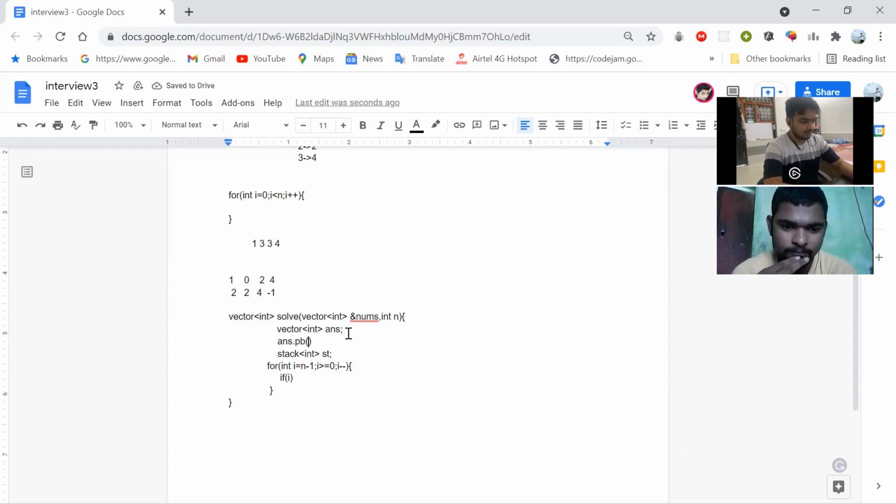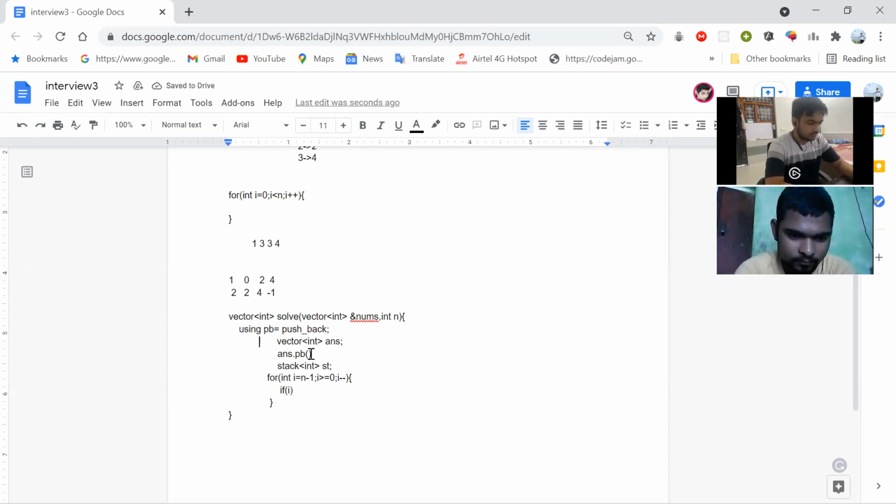I'm using pb here. There's no need to write the define command. This should be smaller. I need to push back -1 here.